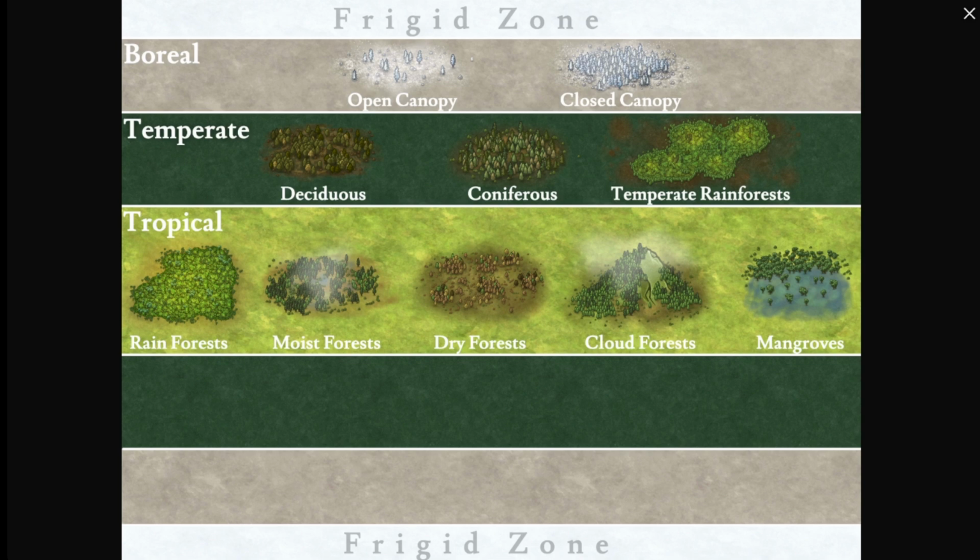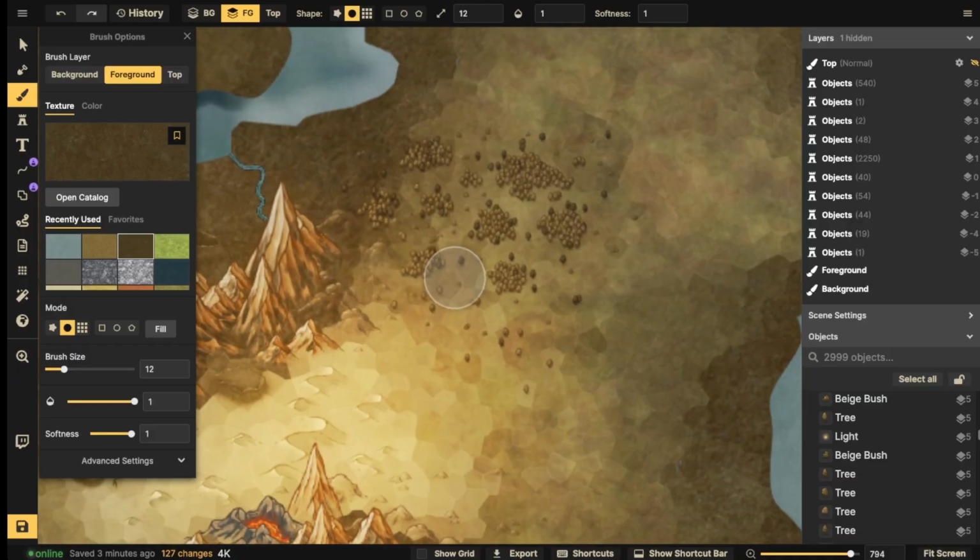If you're confused on the green and gray part at the bottom, those are temperate and boreal. So the same, it's really just a mirror from the top, just reverse it. So if you're kind of curious why there's nothing down there, that's the reason why. So we've covered all the way up to dry forest. So we're moving on to cloud forest in just a moment. First, we'll go ahead and